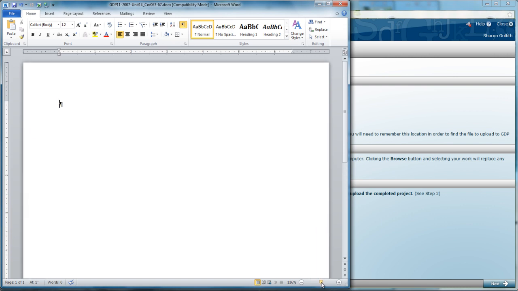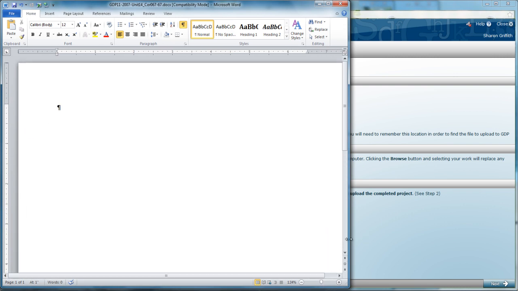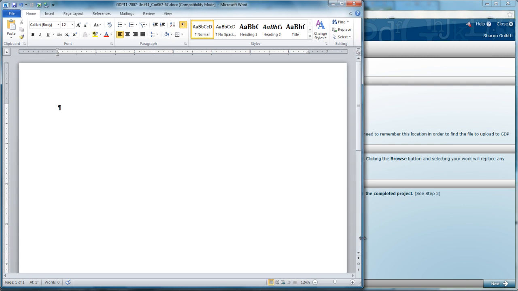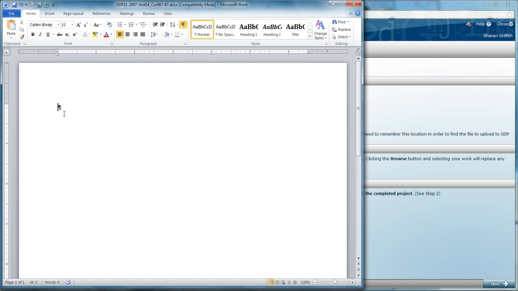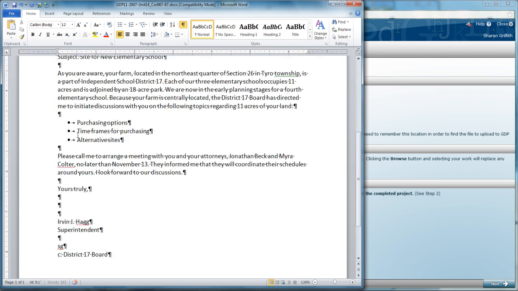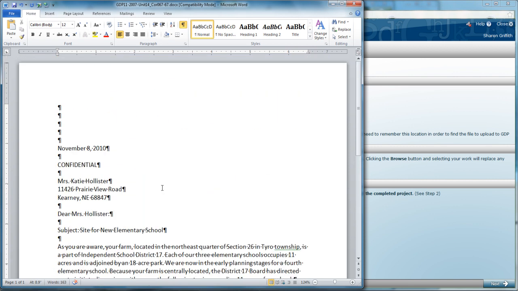I'm going to increase the zoom of my document so that you can see a little bit better in a video. And notice that I've turned on Show Hide with what I've learned is a Pilcrow symbol up here in the paragraph group, so that you can see the formatting marks as we work. Now, I did not want to tie you up while I typed the whole thing, so I did paste it in, but